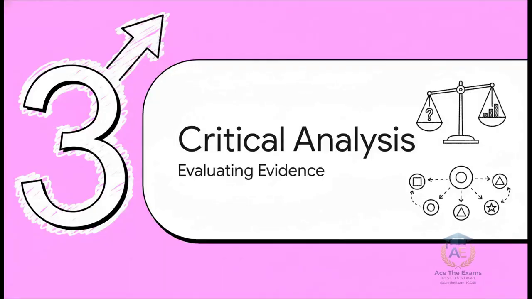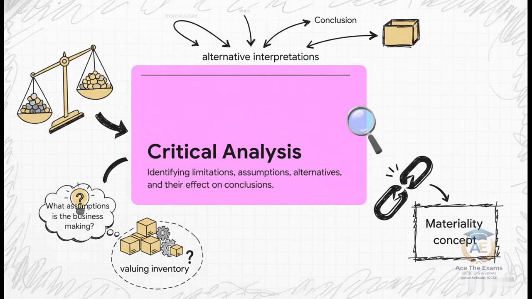Let's jump into Section 3, Executing Critical Analysis. All right, let's make this an interactive workshop. If you want an A or an A star, this is unequivocally the most crucial part of this entire explainer. I want you to imagine a 60-second visual timer on the screen right now. The higher-order assessment objectives demand that you evaluate alternatives and provide justified recommendations. But what does evaluate actually mean in the trenches of this syllabus? Evaluation of evidence quality requires identifying limitations, the assumptions made, alternative interpretations, and their effect on the final conclusions.